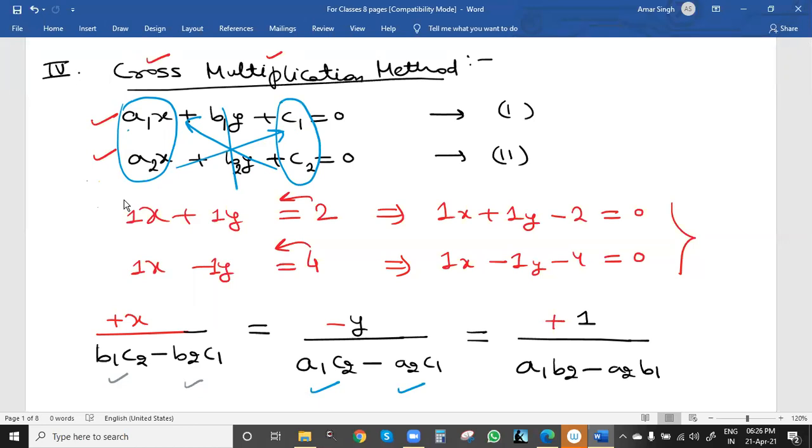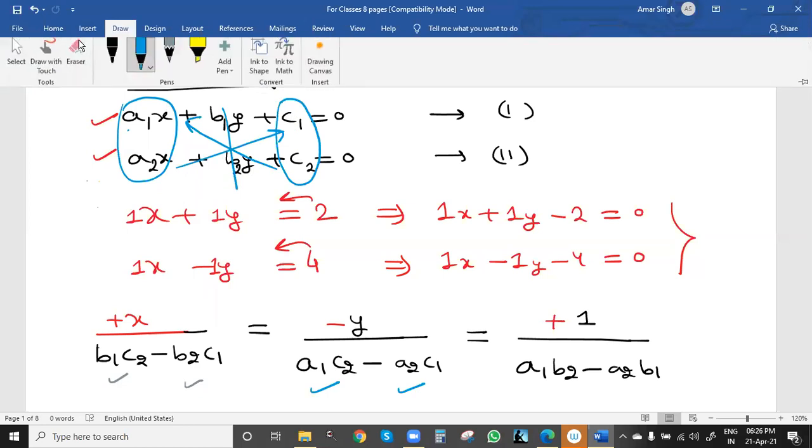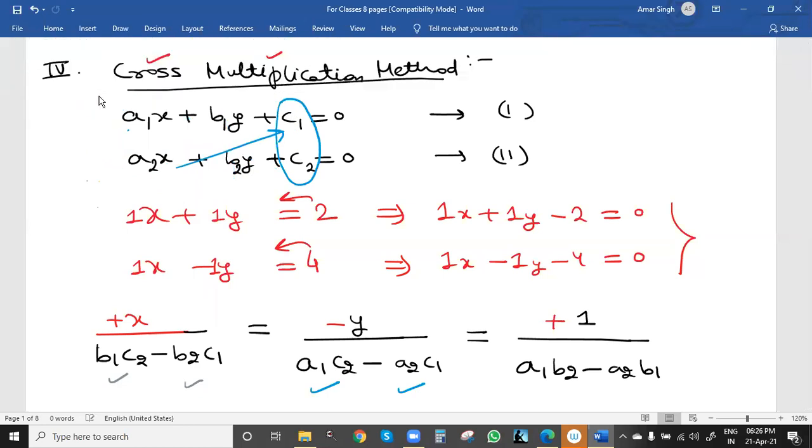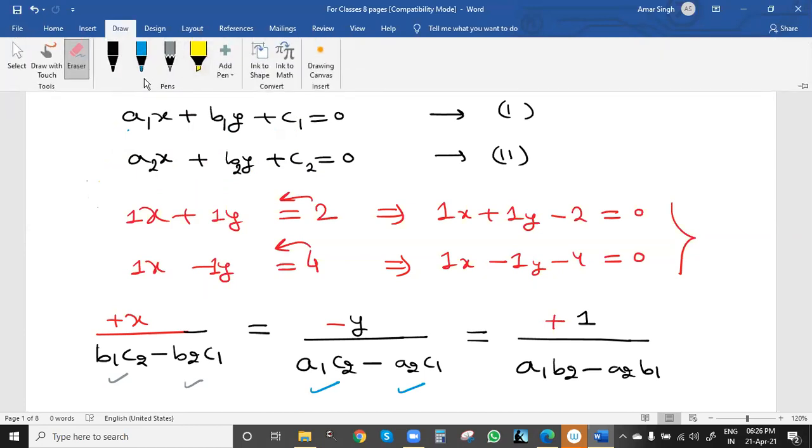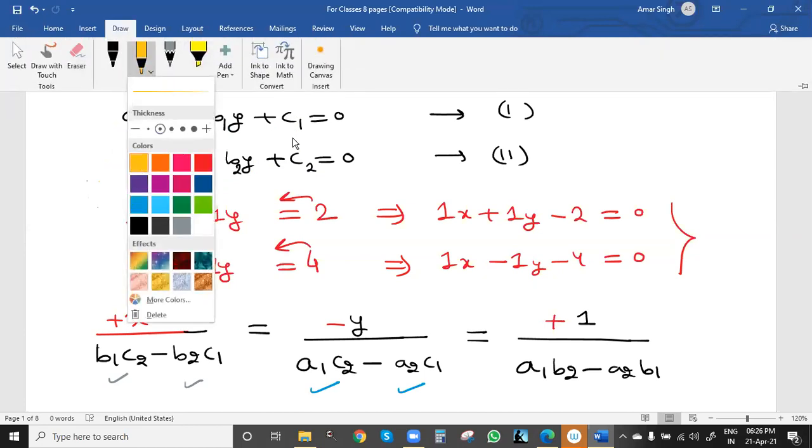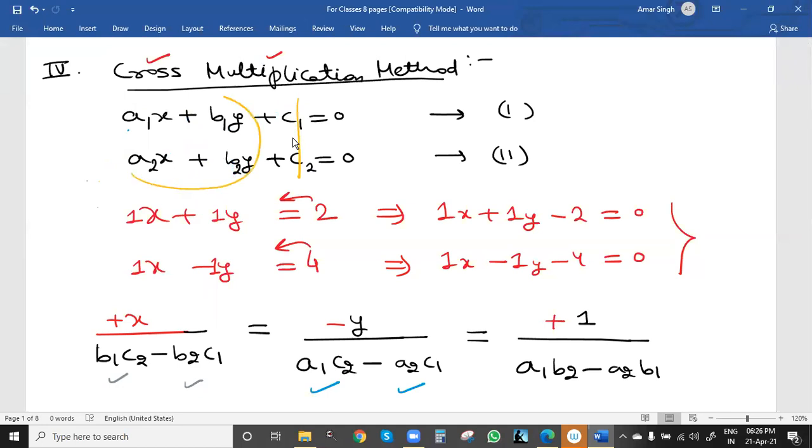And last is the constant value after x, y, that is c1 c2. For constant, same process. We will ignore the column in which the constant c1 c2 is there, and focus on the remaining two columns. Again, cross starting with the right hand side. So a1 b2 minus a2 b1. Correct. And the last step is to put the sign. So first one will be plus, then minus, and then plus. That will be our ready-made formula.